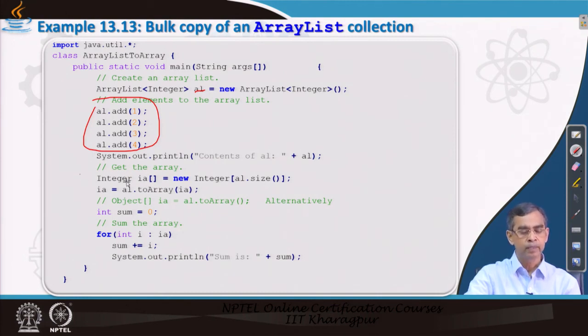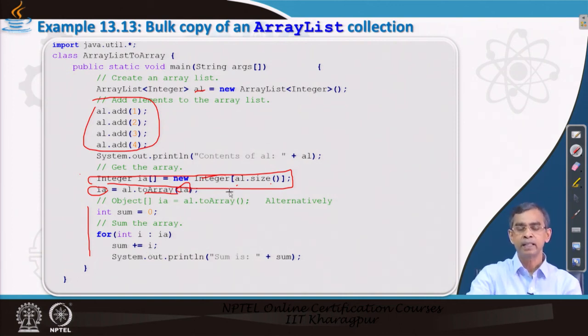Here we create another array, ia, specifying its size as a1.size, and then we call the toArray method with ia, which basically creates a copy, and ia will be created and stored. It is basically copying, and then the sum of the ia elements can be calculated and printed. So with the toArray method, if you create an array of integers, the array can be stored into the collection. That is the application you can think about.